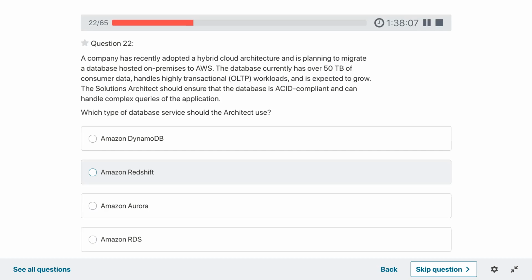ACID: A is for atomicity, D is for durability, C is for consistency, and I is for integrity. Compliant and can handle complex queries of the application. Which type of database service should the architect use?